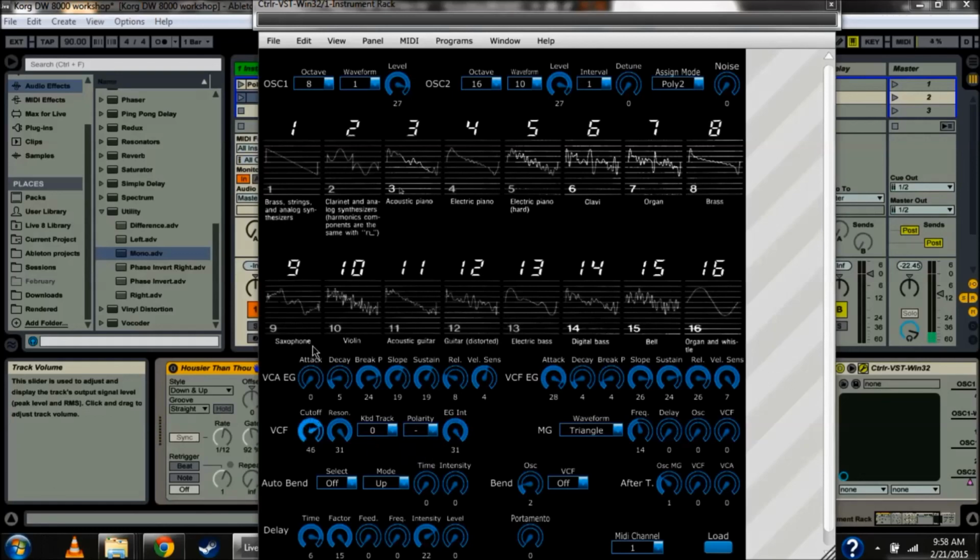Polarity set to down or negative, and let's turn our cutoff up. Attack set all the way up makes the filter sweep a lot smoother. So it's all about playing around with the limitations you have, right? I think from the engineer's point of view, when they made this synth, they were making a marriage of analog and digital, and all the controls had to be digital controls because of the way this architecture worked. Could they have put more values on the cutoff knob? Maybe, but we can still get smooth filter sweeps